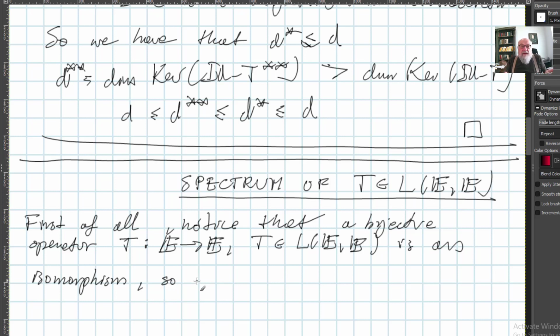So why is it an isomorphism? By the inverse Banach theorem, the inverse is continuous. So we denote